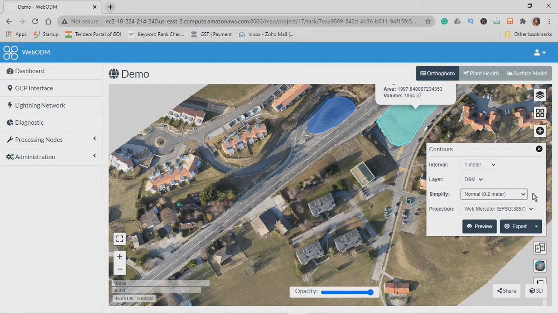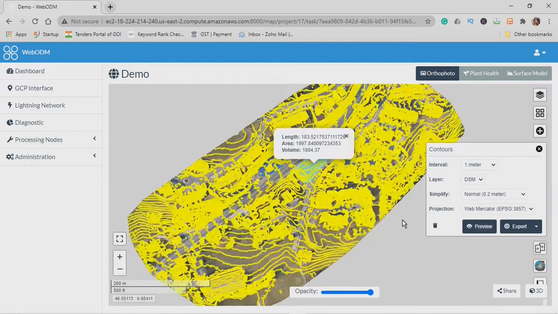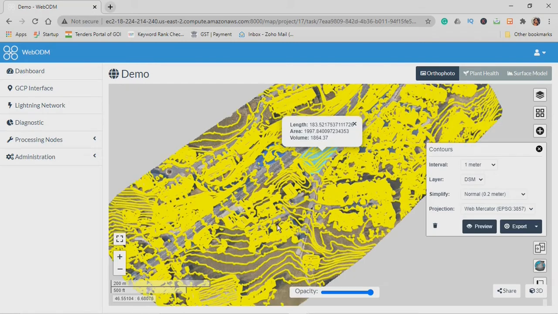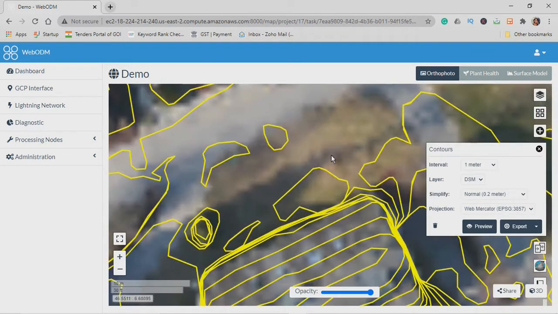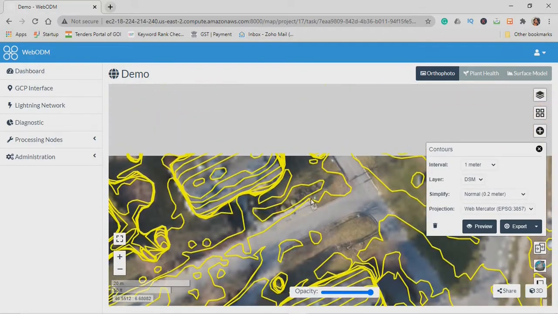Now coming to the projection, WebMercator is the most widely used projection for viewing maps. So let's just generate the contour lines. Alright, so it has created them. If you are creating it on clear land, you will be able to see the elevation in a much better way.